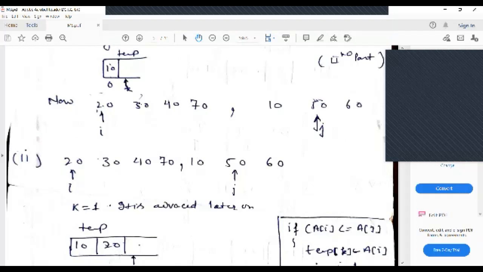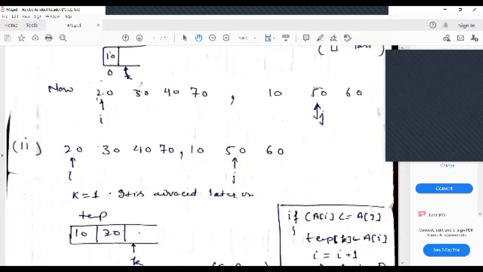Okay, ठीक है। तो अब क्या करेंगे इस केस में? कहाँ थे अभी हम, कहाँ पे थे भाई? 50, ये j 50 पे है, 30 हो चुका है, 20, हाँ 30. Now 30 is being compared to the 40. So in this case, if a[i] is less than or equal to a[j], yes. Now put 30 to the temporary array and increment i to i+1. That is now next. i will reach this 40 and j will remain at the same position. रहेगा कि नहीं रहेगा थर्ड केस में?